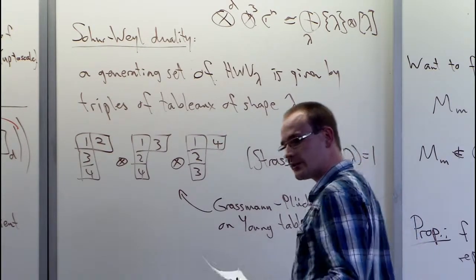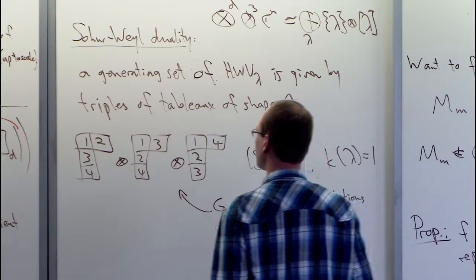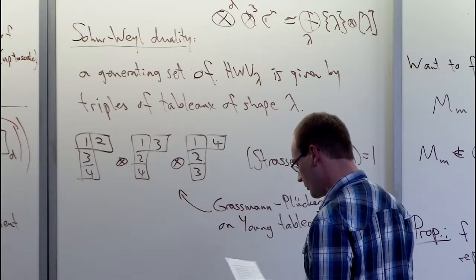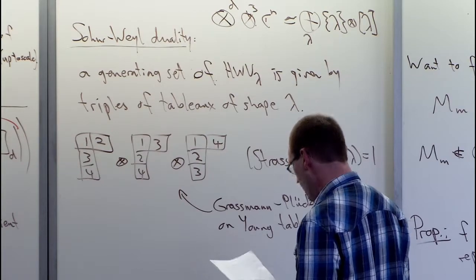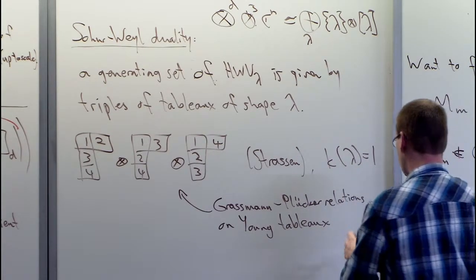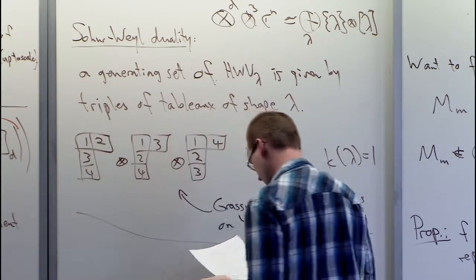Oh, that's a nice answer. This is a nice answer. Thank you very much. You take this Young symmetrizer corresponding to those. That's nice. And then you also get the same thing. Okay, how does evaluation work? Because that's the important thing. So the important thing is, why does this thing vanish on low-rank tensors?